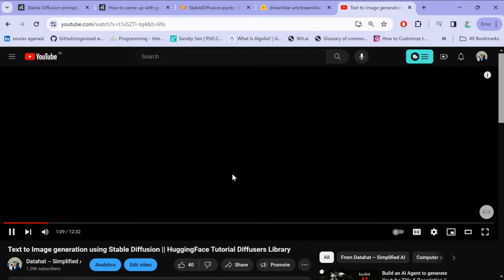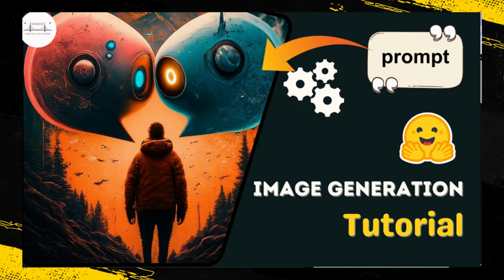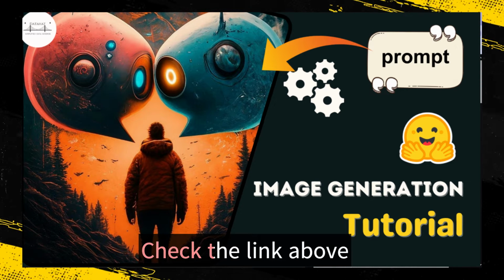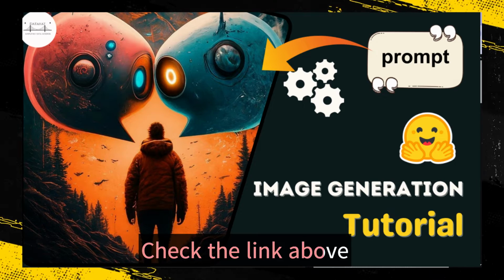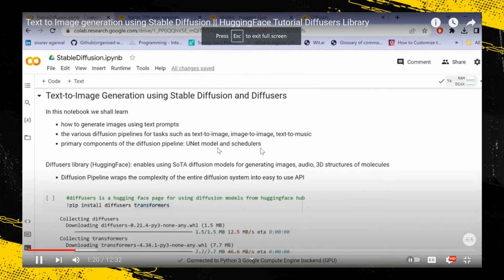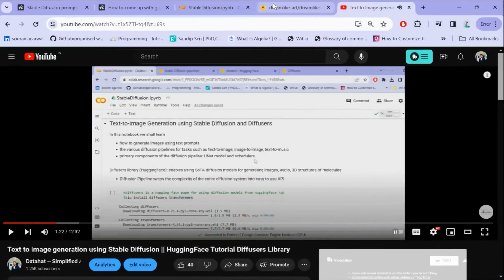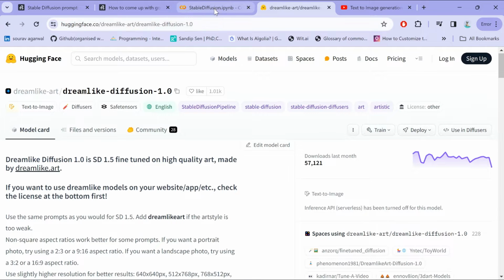I'll attach the link to this as well. We're going to generate images using text descriptions as well as prompts. We shall see technically what diffusion pipelines can do for tasks, from text to image, image to image, and text to music, and the primary components of the diffusion pipeline. Now, talking about the improvement, we shall also understand what there are two primary ways by which we can